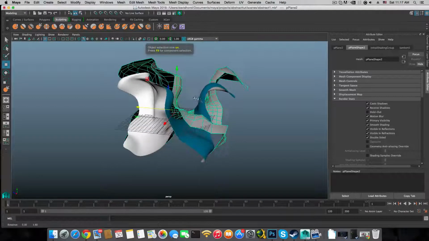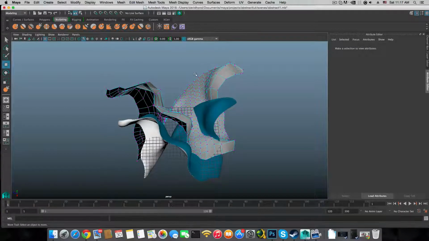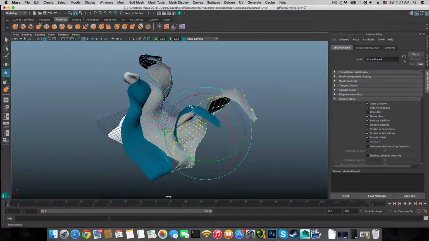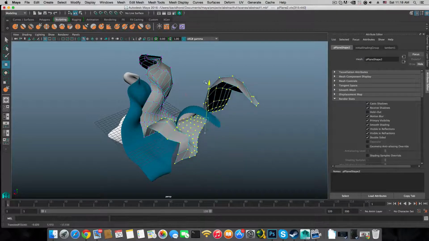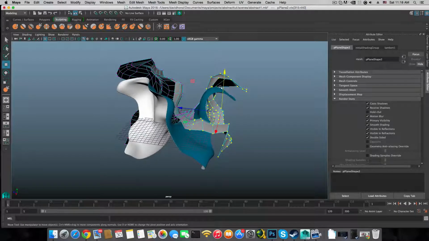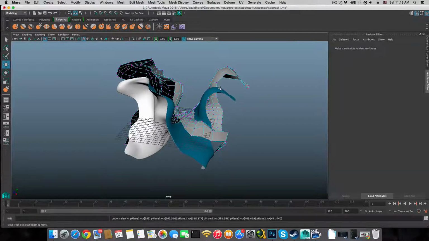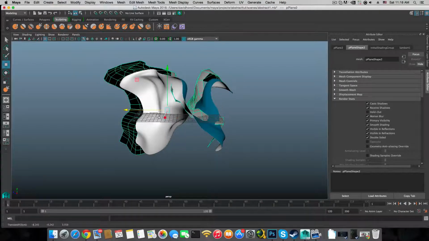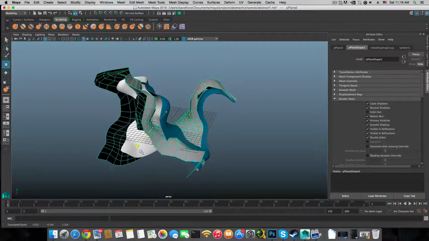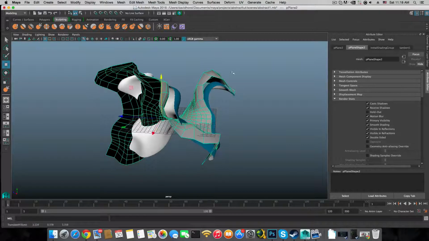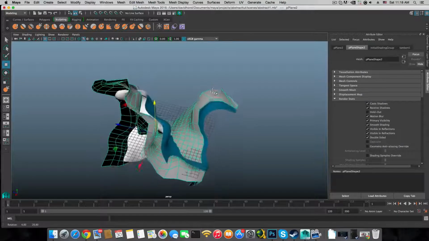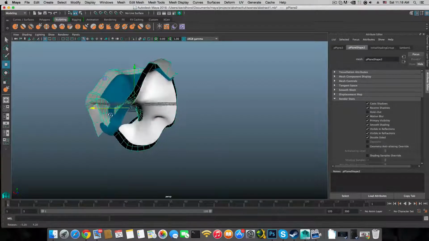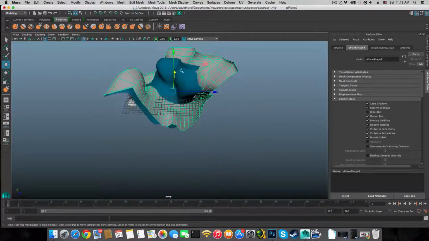Press F8, bring it back to object mode. This is why I don't want to do too many maneuvers. Sculpting was a little bit exaggerated, right? Anyway, we will settle with something. Press F. I'm gonna bring this back to normal, and I'm gonna bring this here, that there, this one here. The thing is that I still like that area and I don't want to miss this as part of this. So I will have to settle with something. I will settle with this sitting perfectly on top of each other,